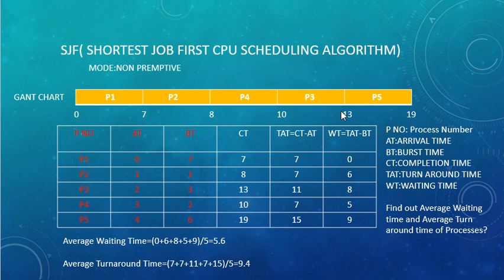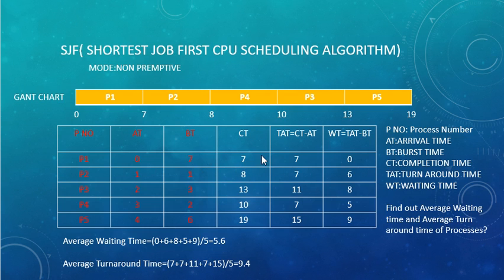Okay, 13th unit of time, 13 plus 6, that is 19. That means P5 is going to take till the 19th unit of time. This is how you are supposed to schedule the process when the problem is given, by looking at the burst time of each process. And also you have to consider the shortest burst time. Only in the first row, as far as the P1 process is concerned, we considered only arrival time in the beginning, that is compulsorily the 0th time of the execution.